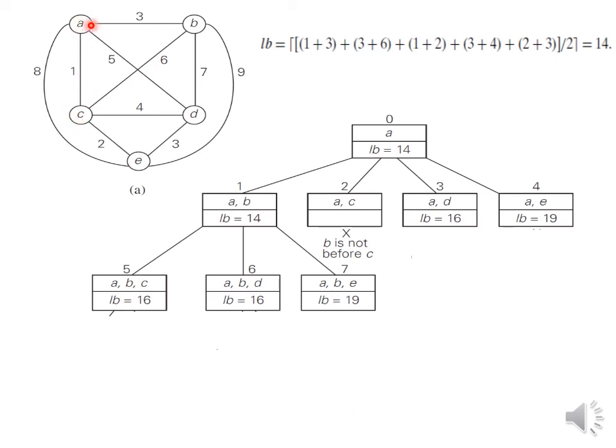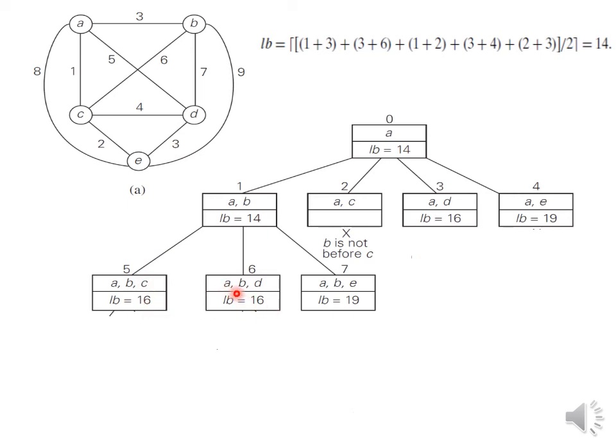For A, the computation goes with 3 plus 1. Then for B, we mandatorily have to take 3 as well as 6, those 2 edges. For C, we need to take the mandatory 6 plus the minimum one, that is 1. For D, take the minimum 2, that is 3 and 4. For E, let us take 2 and 3. So overall, summing it up, it will be 32 divided by 2, that comes out to be 16.